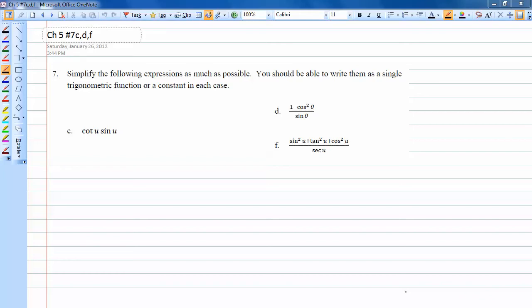Okay, so let's look at chapter 5, number 7. We're going to do just a few of these so you get kind of a taste of them. So the goal here is to turn each of these into either a constant or one term, like a single trig thing. So like final answer could be cosine theta. So if we look at C here,